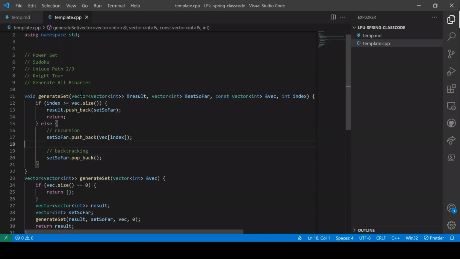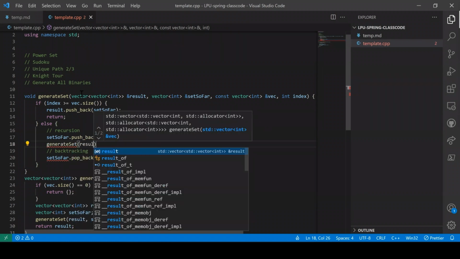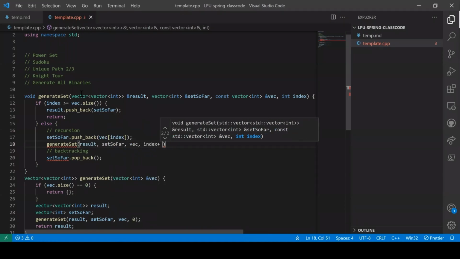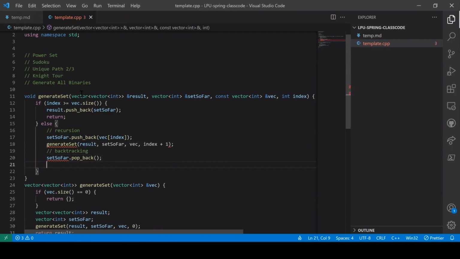Okay, so here what will happen? You do a generate set. In the generate set, you pass in the result, you pass in the set so far, you pass in the vector, you pass in the index, index plus 1, because you have already inserted one element. Otherwise,